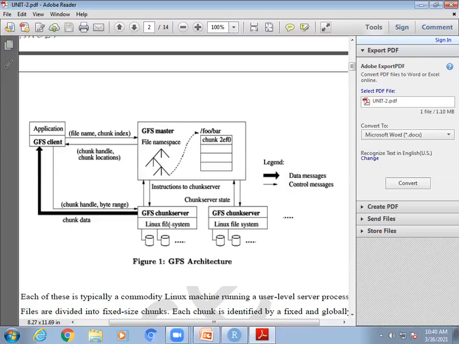And one more important thing: when there are hundreds of servers, as we discussed, and they are inexpensive commodity servers, there might be a possibility that one or two servers may go down. But still, there should be fault tolerance. GFS is fault tolerant. Why? Because your data can be replicated. There is a possibility of data replication while configuring.